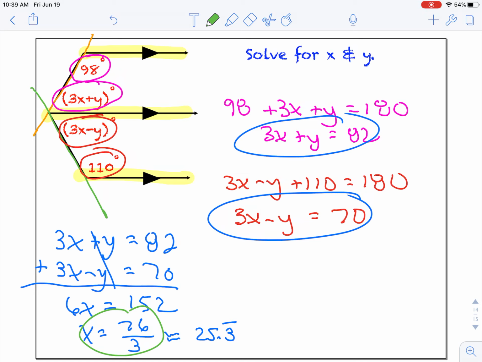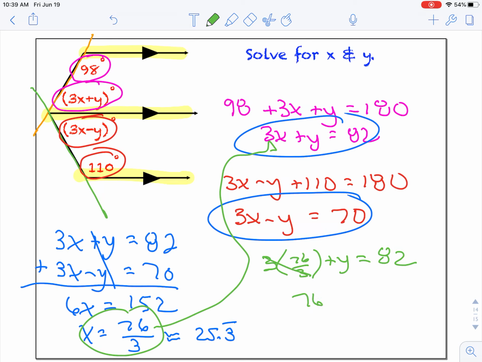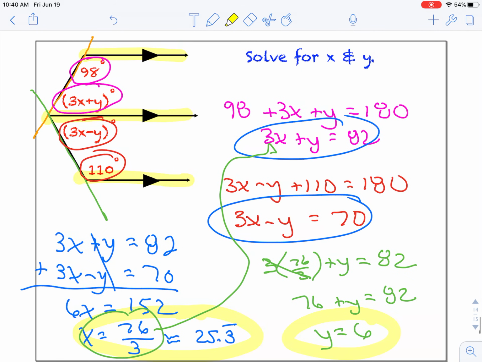And so now how do we find y? Well, remember, you just substitute the value of x into one of the equations. I'll just go ahead and put it in this one. So 3 times 76 thirds plus y equals 82. So I'm going to take 76 thirds times 3, and obviously those cancel out, gives me 76 plus y equals 82. So now I subtract 76 from 82 and get 6. So y equals 6. So that one's a little bit more involved, and I thought it would be good for